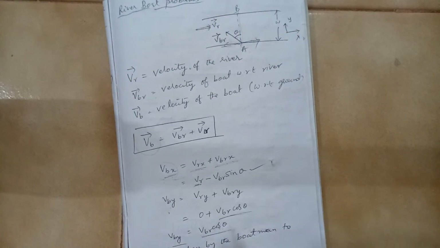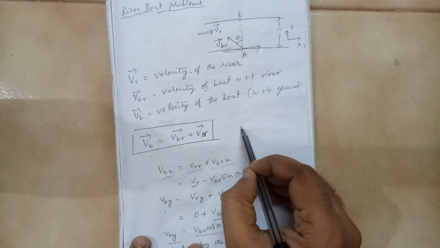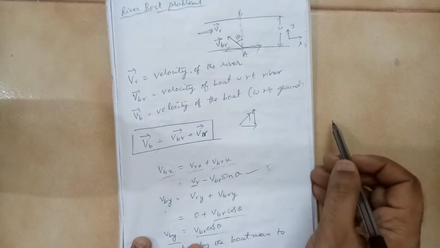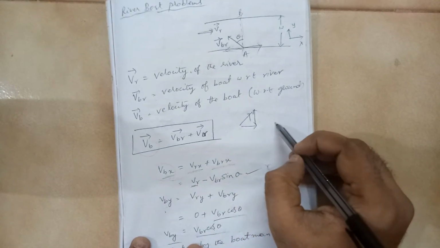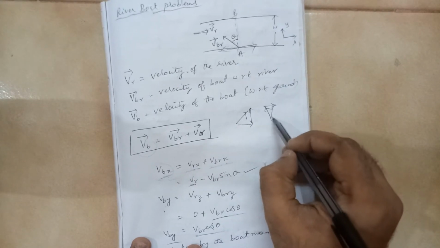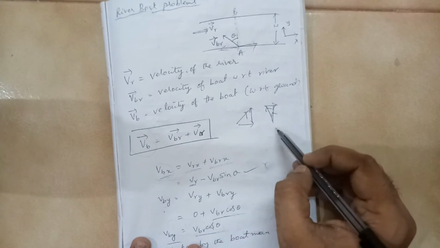Now in this I want to tell you, when you are doing the vector addition, usually you have a vector like this. This is the vector addition. Let us say you have a vector like this, you have a vector like this, and you add these two. Is it correct? Yes, it is correct.